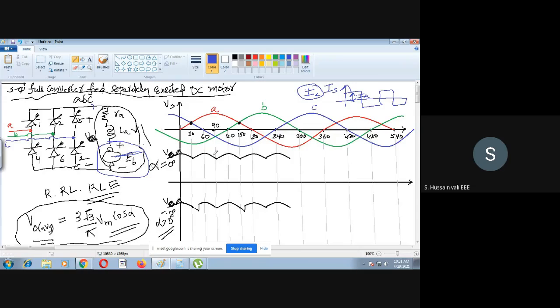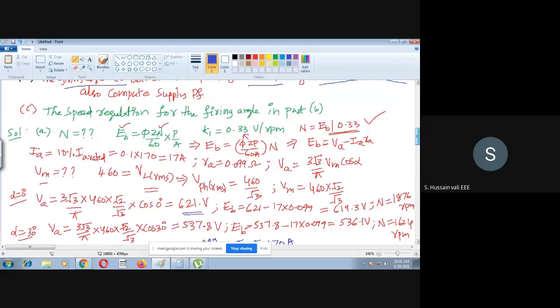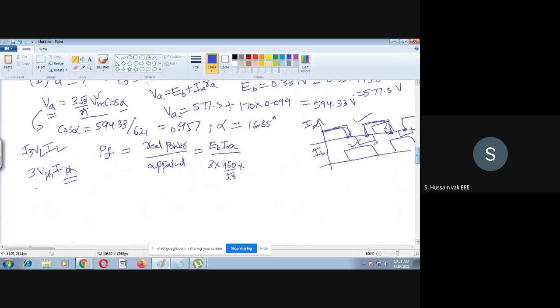What you have to find out is the value of IA. I'm directly writing here, and I'm asking you to go through that yourself. And yes, there are negative pulses also, because this is AC. Just like in the single phase, where you got positive pulses, negative pulses, positive pulses, here also the same: positive and negative pulses. And IA, IB are at a phase difference of 120 degrees. I want you to draw this yourself.